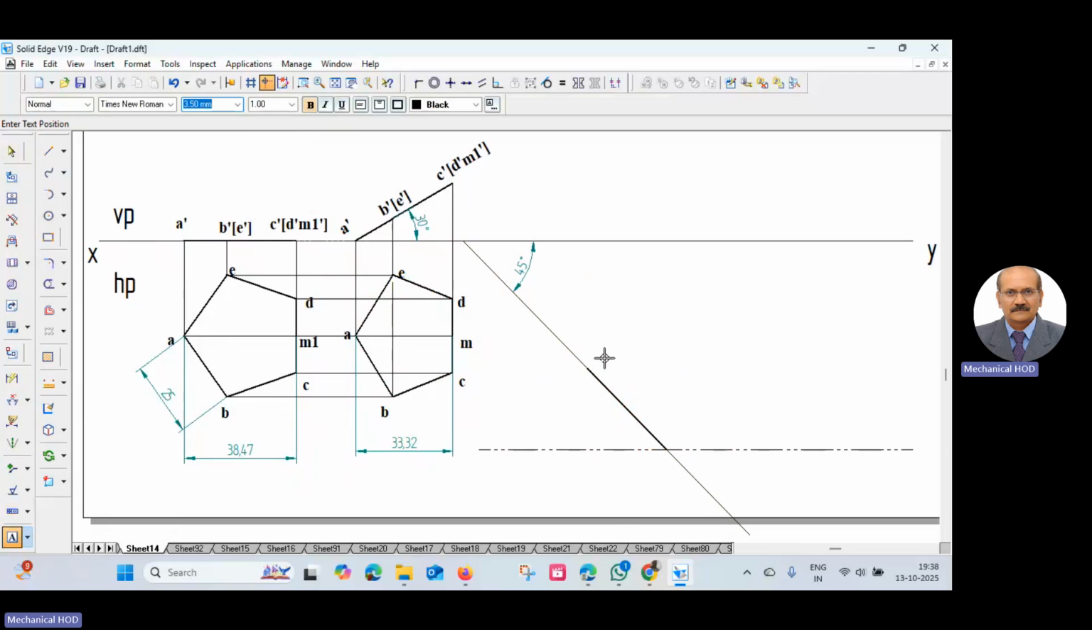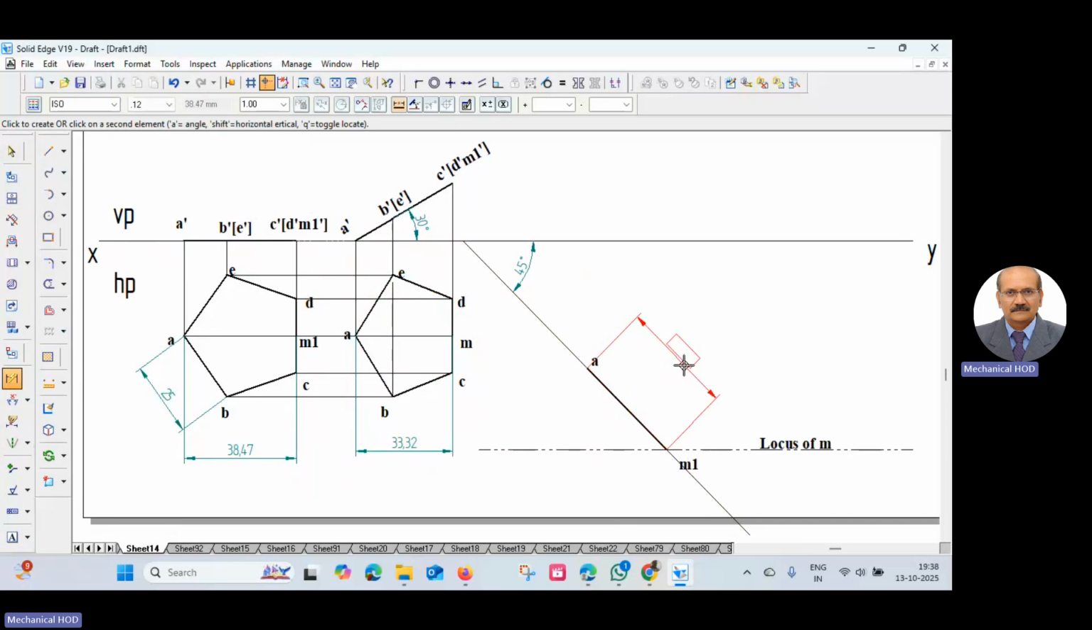So this is A, this is M1, and this line is called locus of M. So this is a different method to find out the one more angle. You have to do all these things. So first we are going with the original length of the perpendicular bisector, 38.47. Now we will go to the 33.32. What is that? 33.32 is the apparent length of the